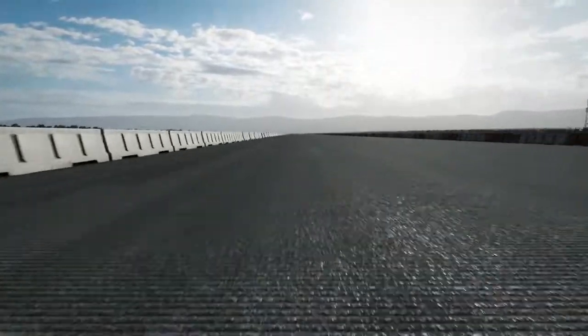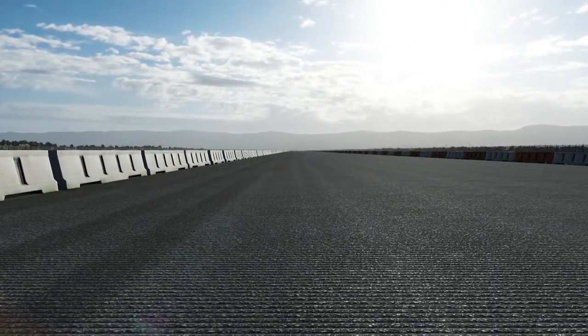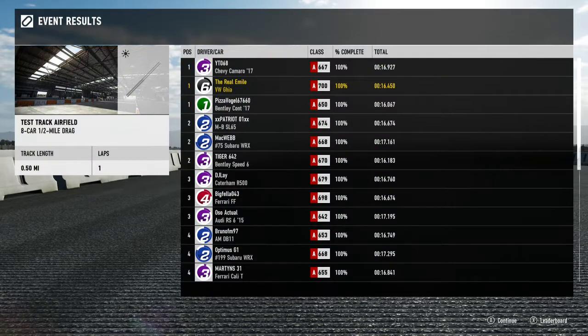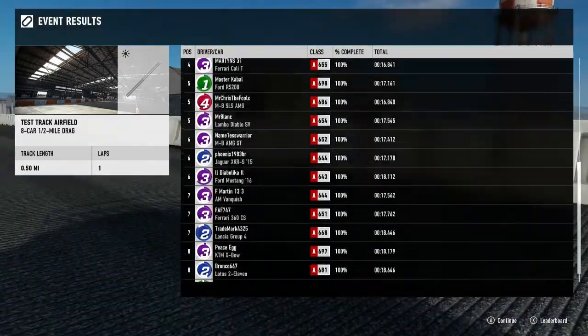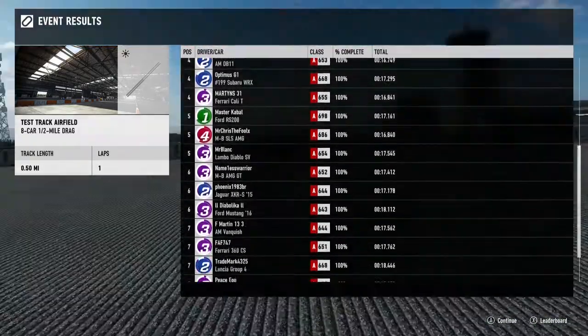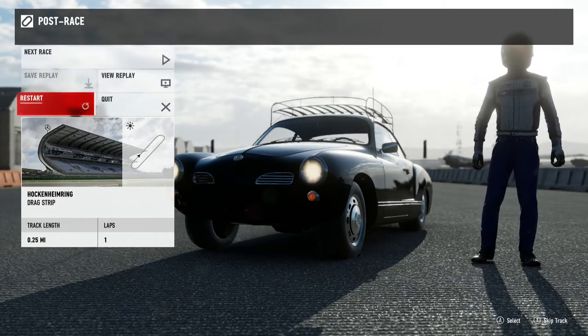That had a very nasty bounce in it though. But that wasn't very nice. That bounce at the end. Oh, so someone was quicker apparently in pack 2? Also, I just realised I'm twiddling the camera around while I'm doing that. Okay, fair enough. Let's restart that, see if we can get any new opponents,